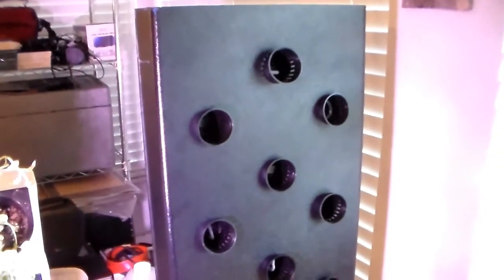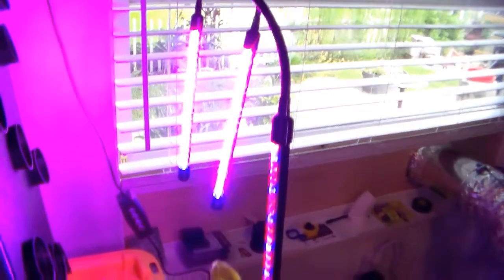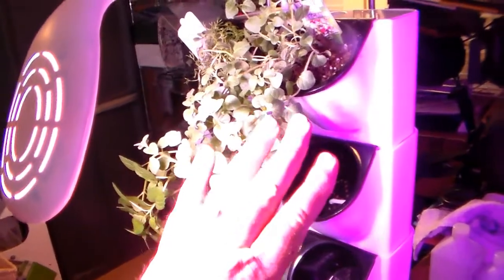Now the light that goes here, I'll show you that in a moment. Those are the lights for the hydroponic system. This will maximize the photosynthesis, and I don't know if you can tell the colors, but there's red and blue, which from what I understand are the colors that the plants are going to use most, as opposed to this one over here, which is kind of a warm white, but these are red and blue. And I still have to wire this from behind instead of in the front, but I just want to show you